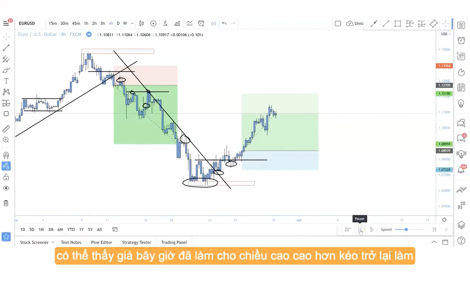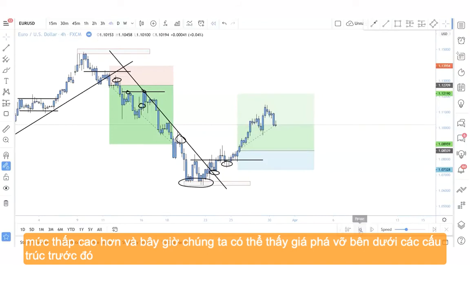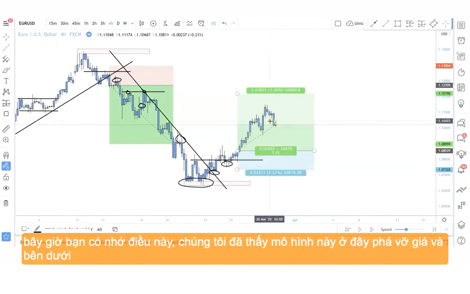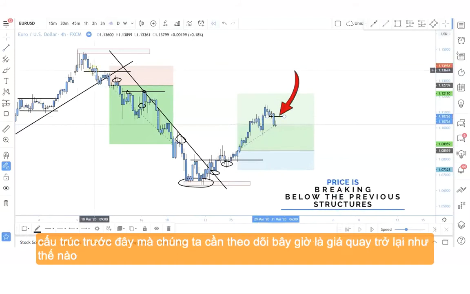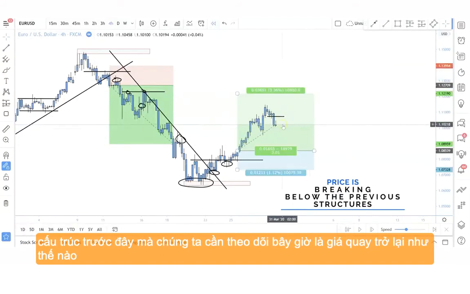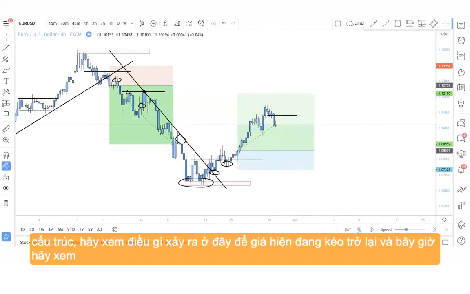Now we can see price has now made the higher high, pulling back to make the higher low, and now we can see price breaking below these previous structures. Now, do you remember this? We saw this pattern over here, price breaking below the previous structures. What we need to monitor for now is how price comes back to retest some of these levels to see if we're going to continue with this bullish structure. Let's see what happens